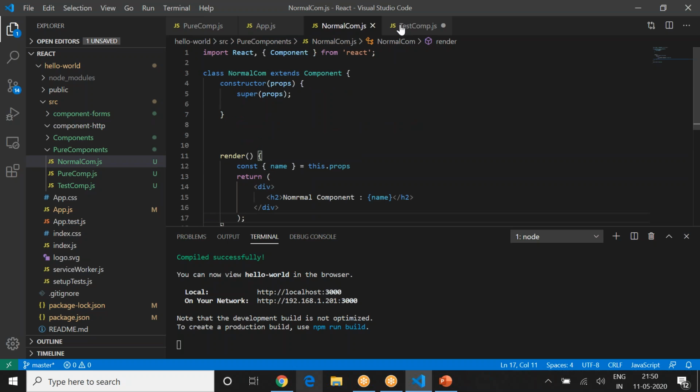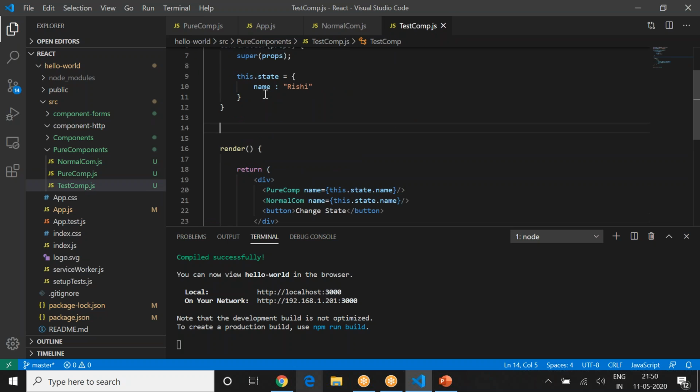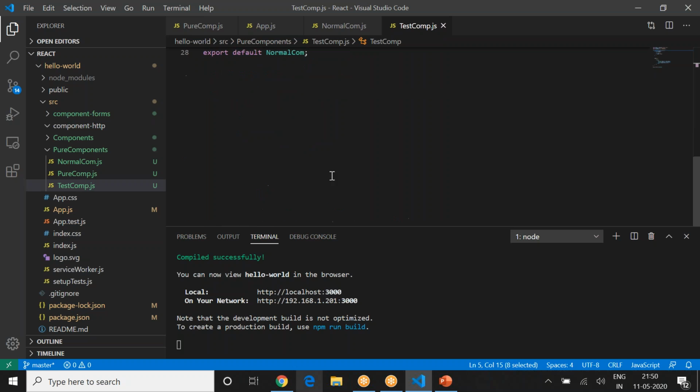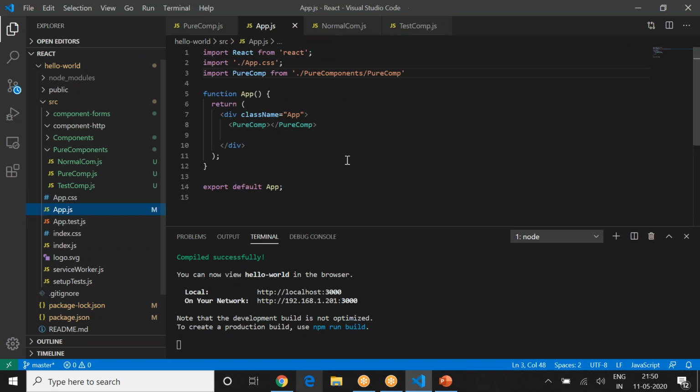So now what's happening is you have a test component which is passing this particular state, which is having this name, to the pure component as well as the normal component, and I have a button here. So now use this particular component, which is test comp, inside your app.js. Instead of pure comp, use test comp.